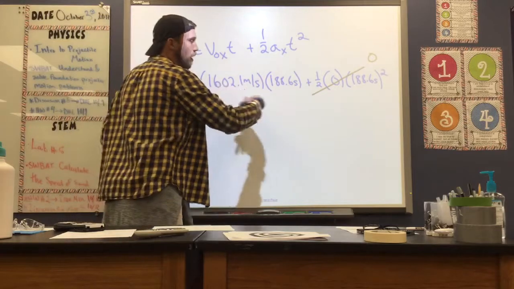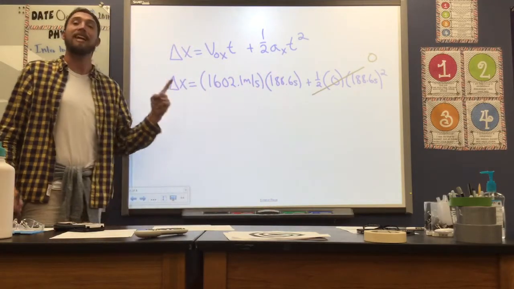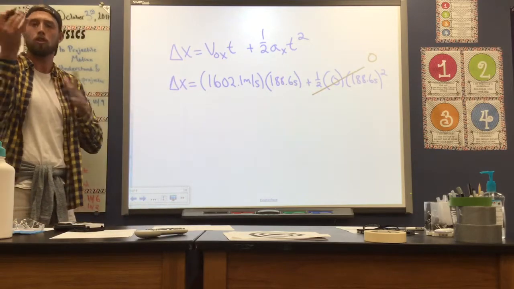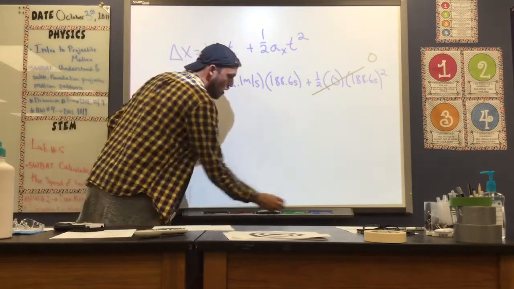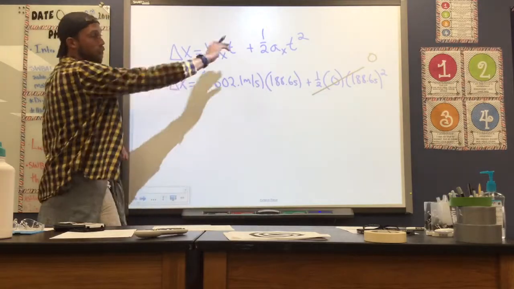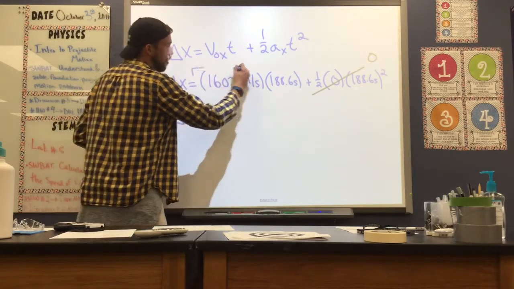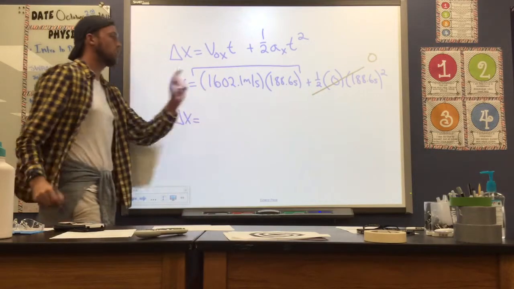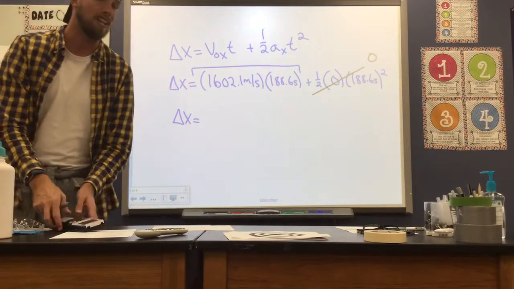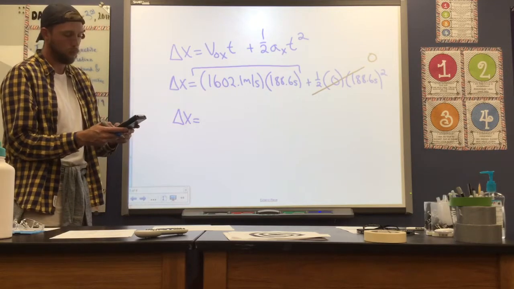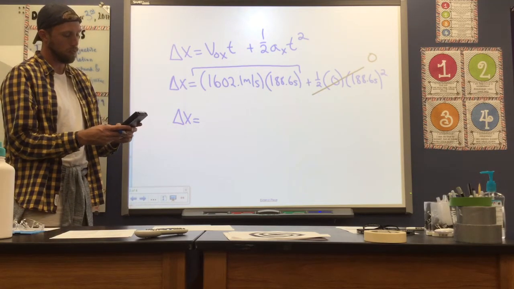Make sure when we plug in a value for time here that it is in seconds, because our velocity is in units of meters per second. We need to make sure those units of time match. So this value gets canceled out on the far end of my equation. I'll be left with delta x is really equal to this portion right in here, 1602.1 times 188.6, my velocity times my time. So I'll take 1602.1 times 188.6,